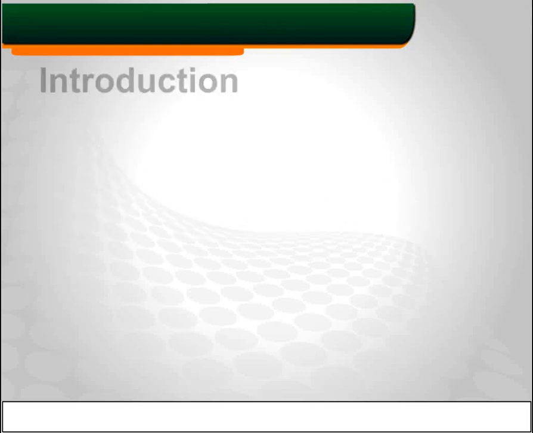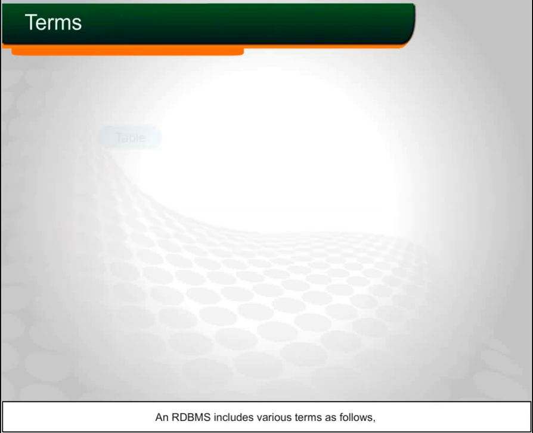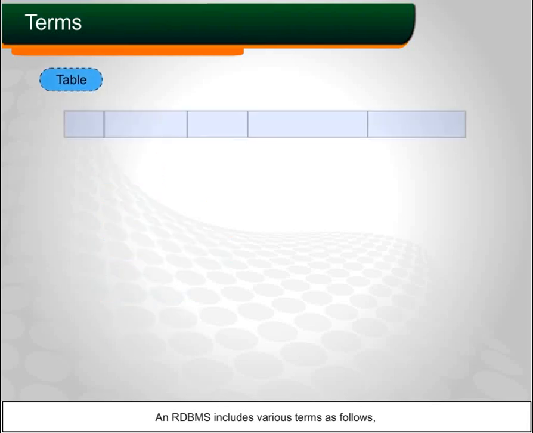Introduction. A relational database management system, that is RDBMS, is a database management system (DBMS) that is based on the relational model as introduced by E.F. Codd. Terms. An RDBMS includes various terms as follows: table, field, record or row, column or attribute, column name, table name,